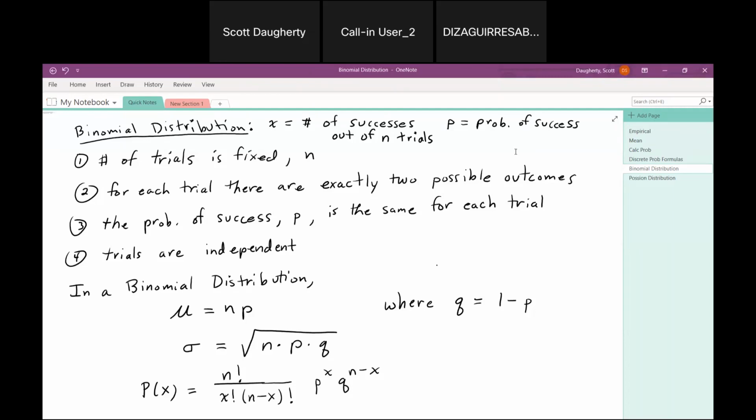Okay, having said that, last time we started talking about chapter 5. If you remember, chapter 5 is about discrete probability distributions. Remember, discrete means the data that we're working with has to jump by a certain amount, like 1, 2, 3, 4, 5, 6, 7.